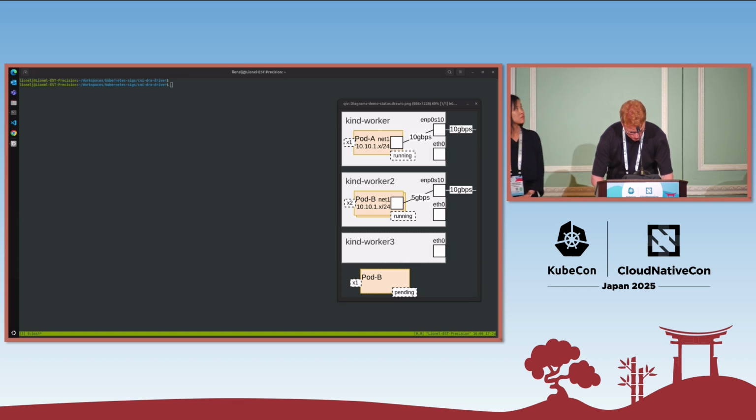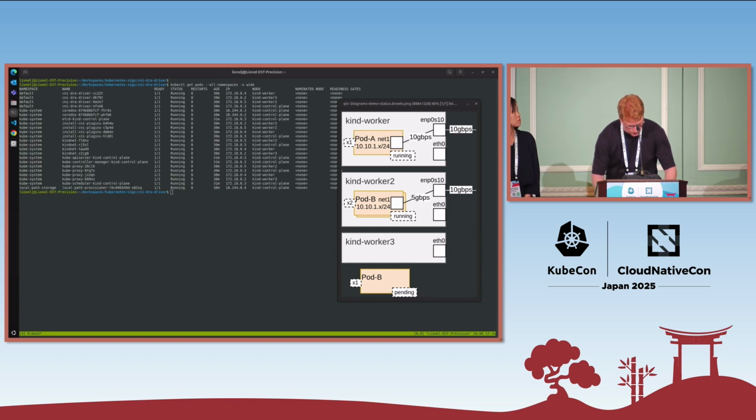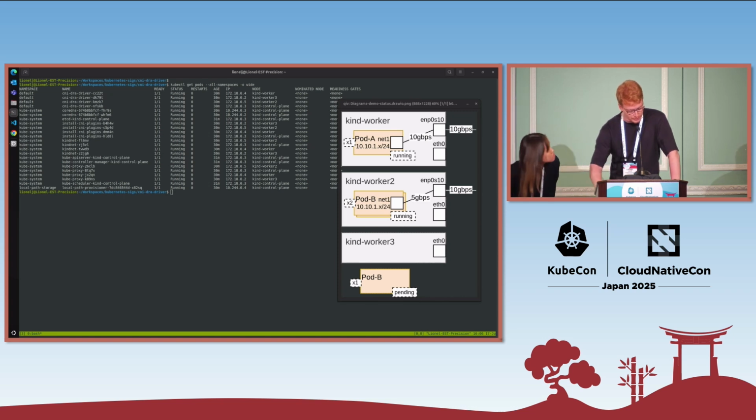The first thing I would like to show you is the pods that are running in the cluster. I hope it's big enough, but we have the CNI-DRA-Driver running in the cluster, and we have just a normal cluster for now.